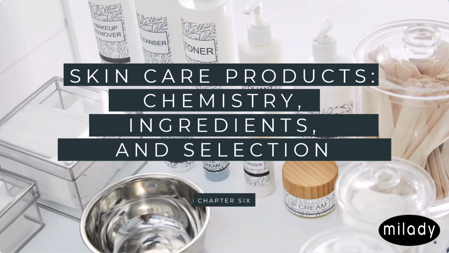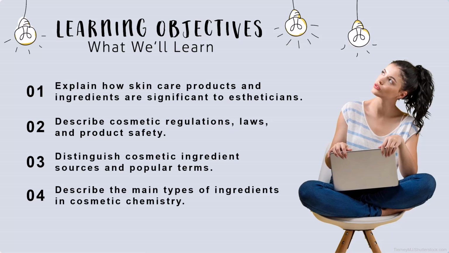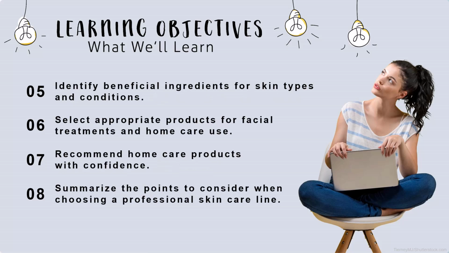Alright, now we are moving on to Chapter 6, which is skincare products, and this is going to include product chemistry, ingredient, and selection. The learning objectives for this chapter are to explain how skincare products and ingredients are significant to estheticians, describe cosmetic regulations, laws, and product safety, distinguish cosmetic ingredient sources and popular ingredients in cosmetic chemistry, identify beneficial ingredients for skin types and conditions, select appropriate products for facial treatments and home care using a professional skincare